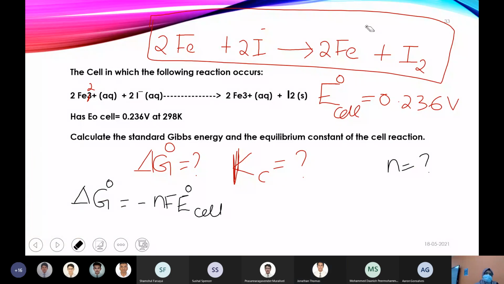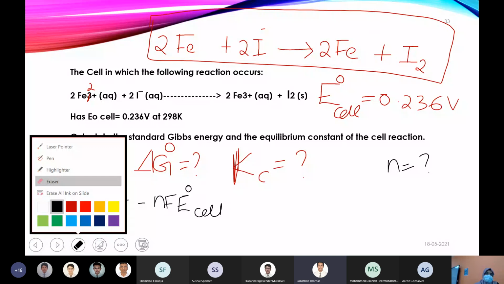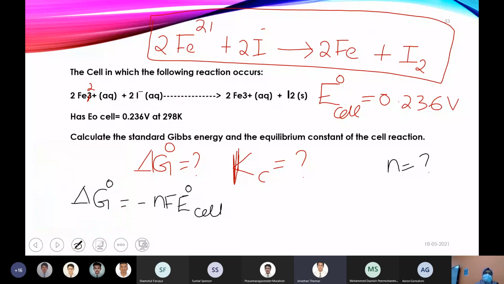Okay, ma'am. Sorry, ma'am, but that doesn't change anything, right? Yeah, that doesn't make any difference. I made the reverse, sorry. Again, I wrote the same thing. It should be 3+ to 2+, because that should be reduction. Because I minus to 0 is oxidation, an increase in oxidation number. So the other one should be undergoing reduction. But that doesn't make any change, as you can see it's already balanced as 2.